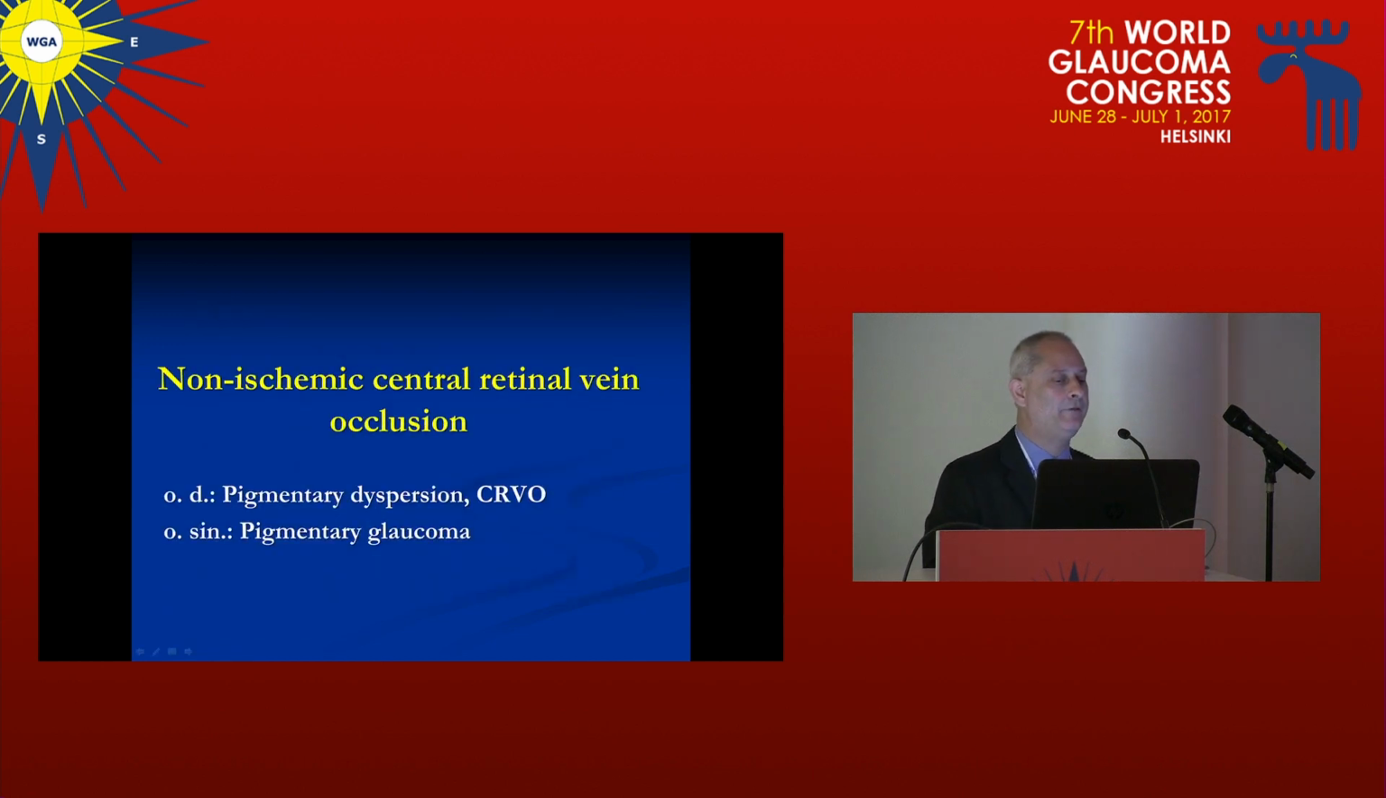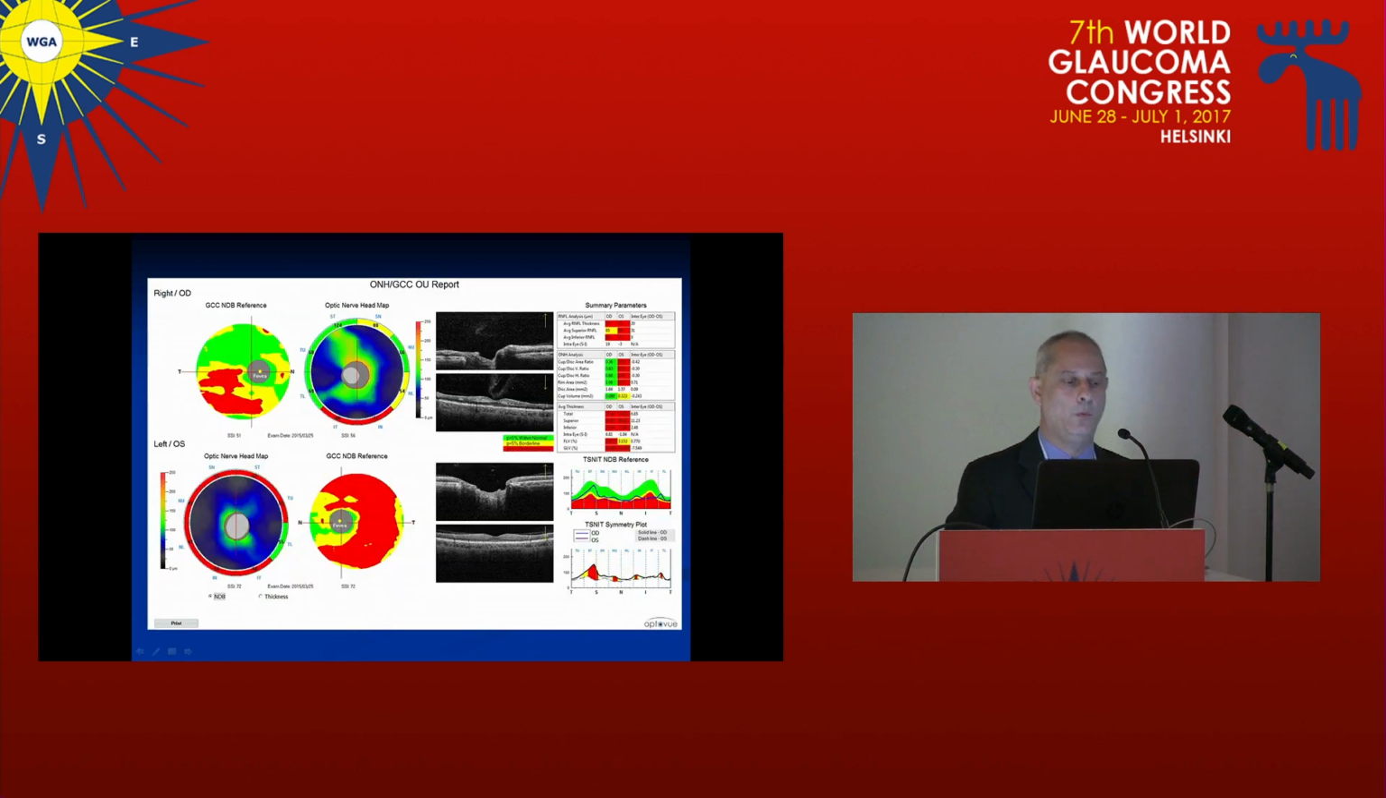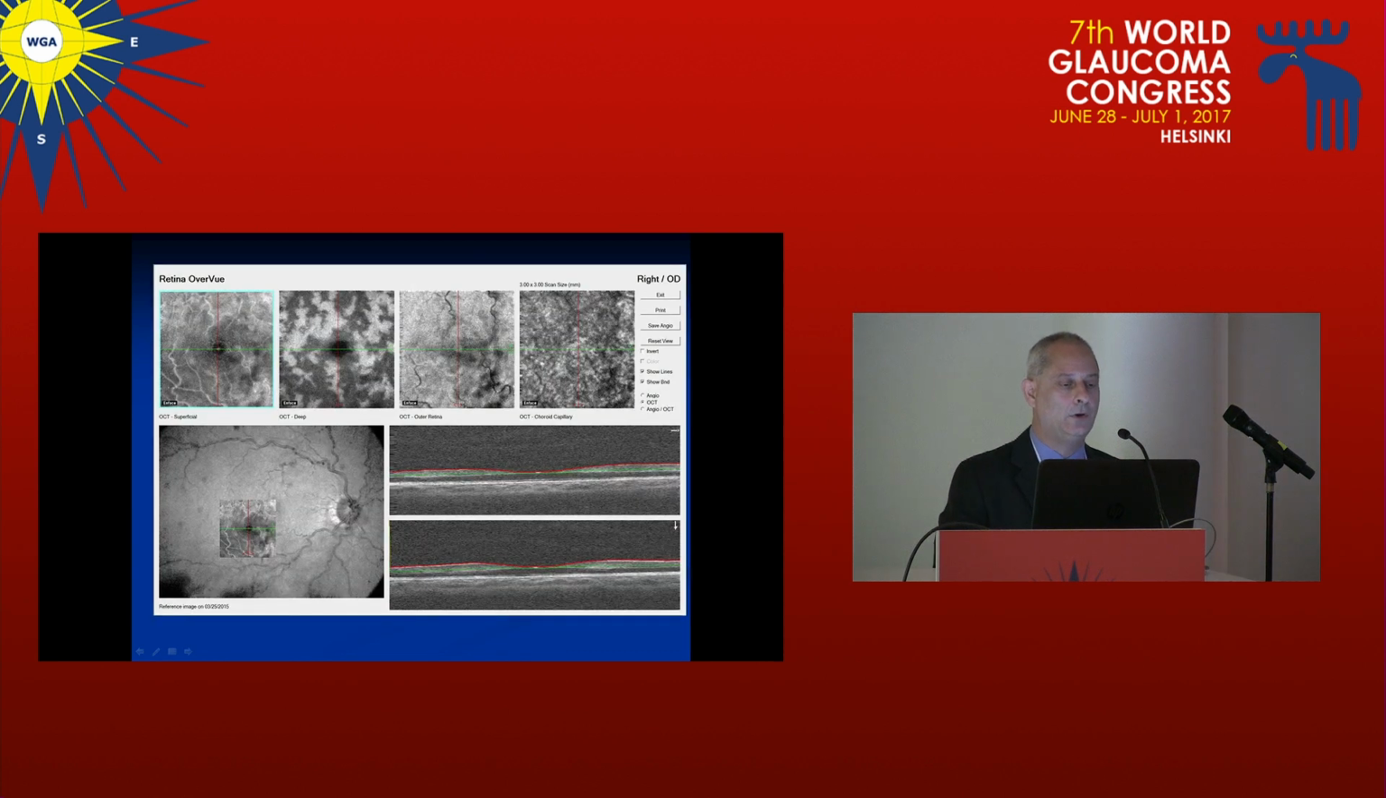What about retinal vein occlusion? This is a nice case of a patient who is a one-eye glaucoma patient due to pigment glaucoma. This eye has pigment dispersion, but this is not why I'm showing it, but because of the typical non-ischemic retinal vein occlusion. You can follow, these are the en-face OCT images, some macular edema, and you can follow the tortuous